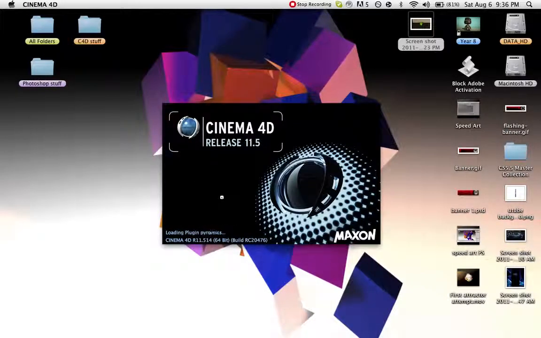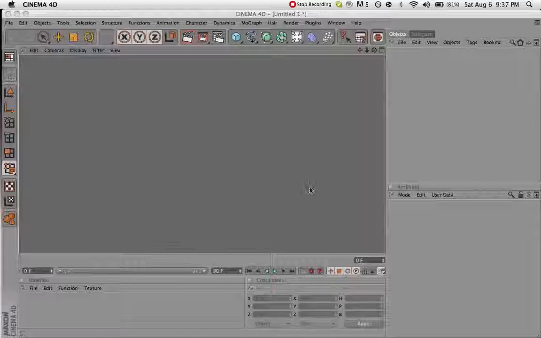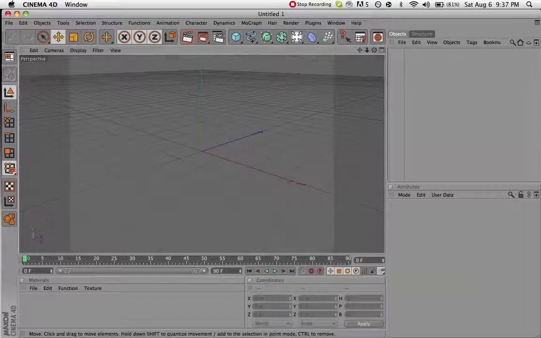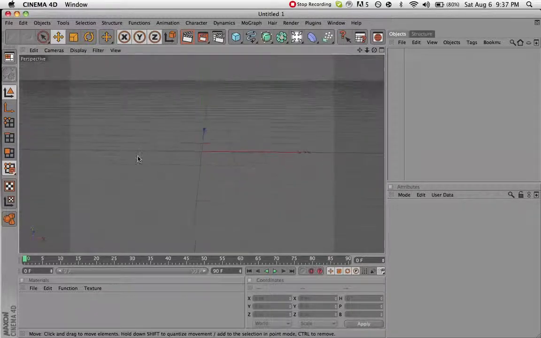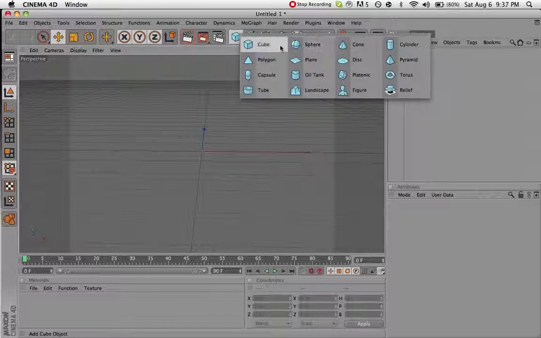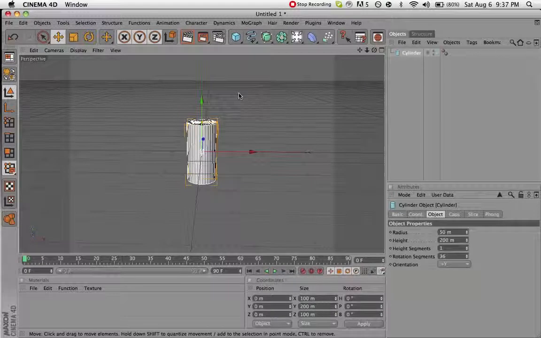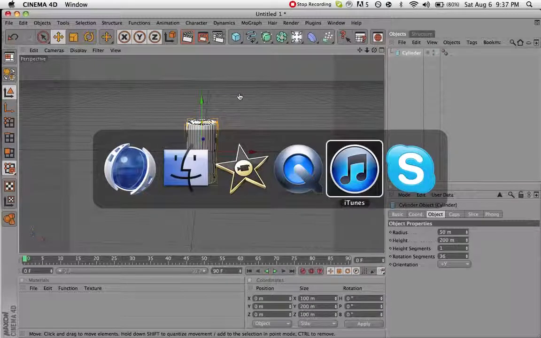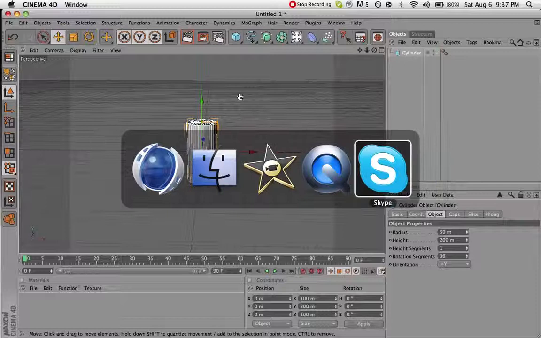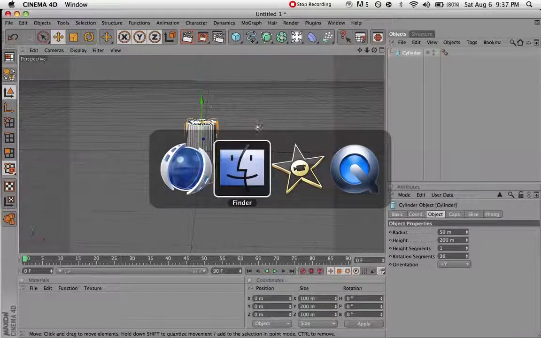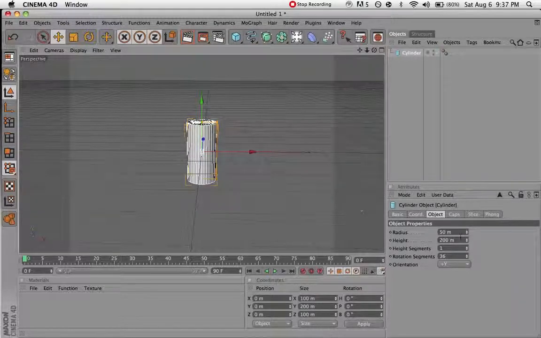Oh, this may take a while. Alrighty. So when you've opened Cinema 4D up, first you want to just get a cylinder. This looking thing here, yeah. Sorry about it, it's taking a long time because I've got quite a bit of things opened. Let me just get a few things. I'll show you a sneak peek at what I'm doing with my speed art, but right, since we've got the